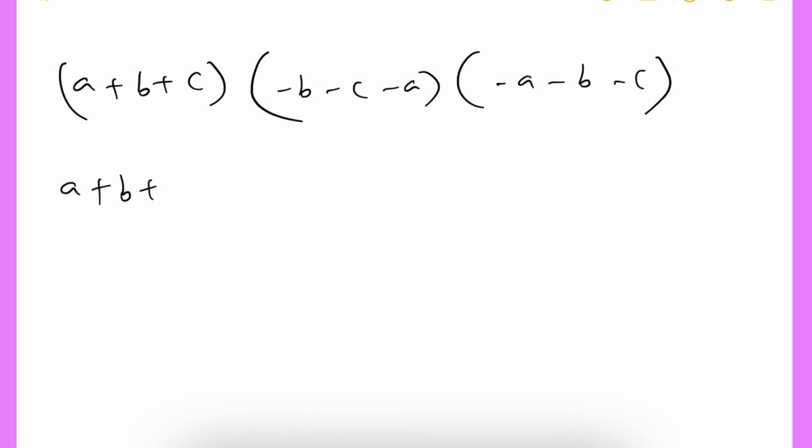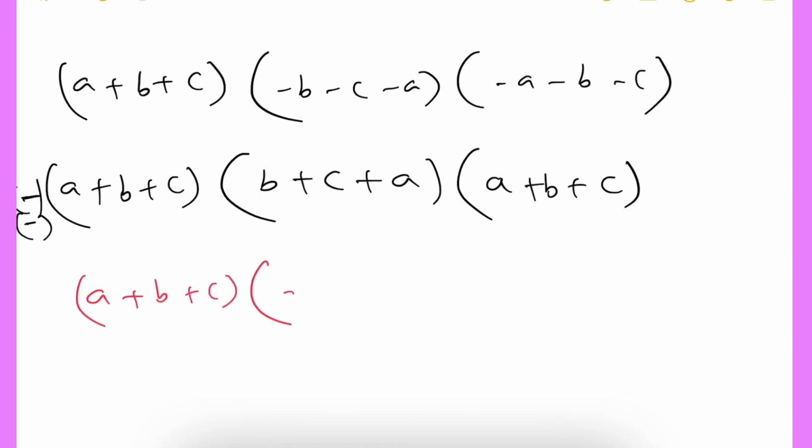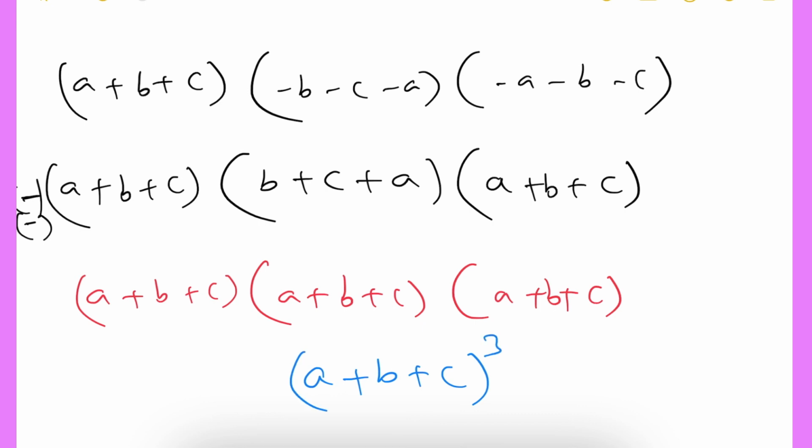Now comes A plus B plus C into, from the second term I will take out minus common. Then minus B will become plus B, minus C will become plus C, minus A will become plus A. That minus I am writing outside. Into, same from the third also I am taking minus common, then it will become plus A plus B plus C. That minus I am keeping outside again. So now it will become minus into minus, plus. So A plus B plus C into the second one, if I write in order, A plus B plus C. The third one is A plus B plus C. So A plus B plus C is 3 times completely. So then we can conclude it as A plus B plus C whole power 3.